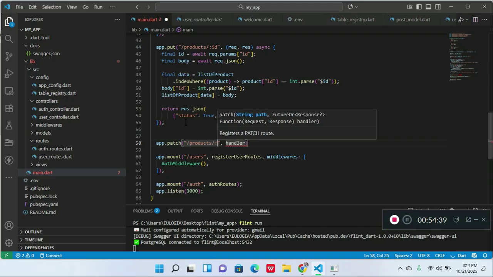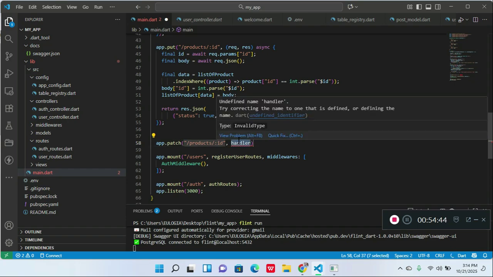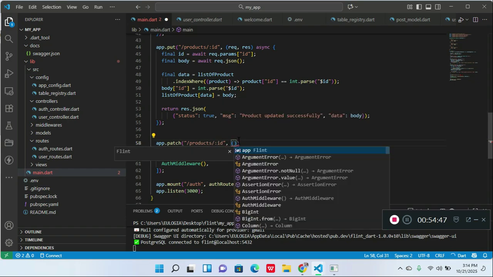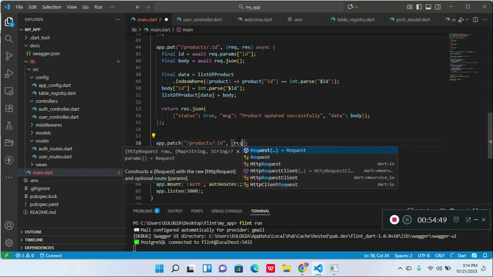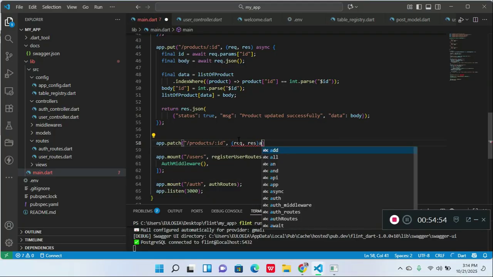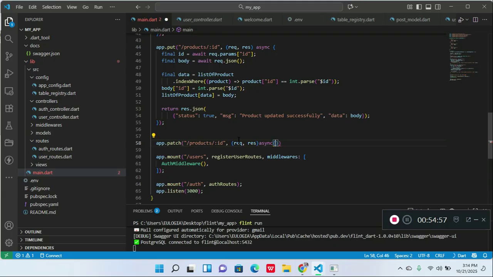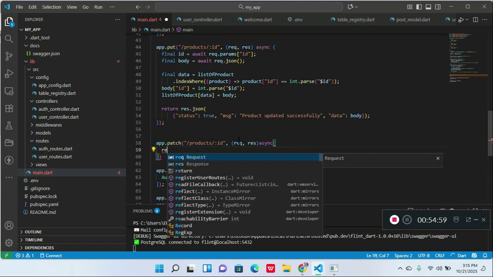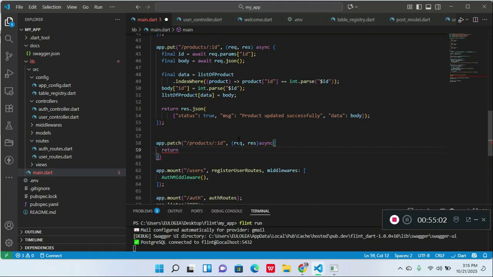I have this parenthesis which is req, then place async, then return that. Let me return now, just stop here. So let's have this also here. So now for patch, we're going to have this, which is, let us say, let's have